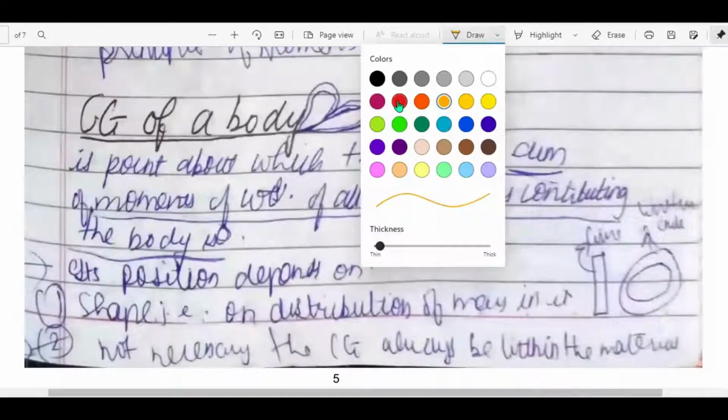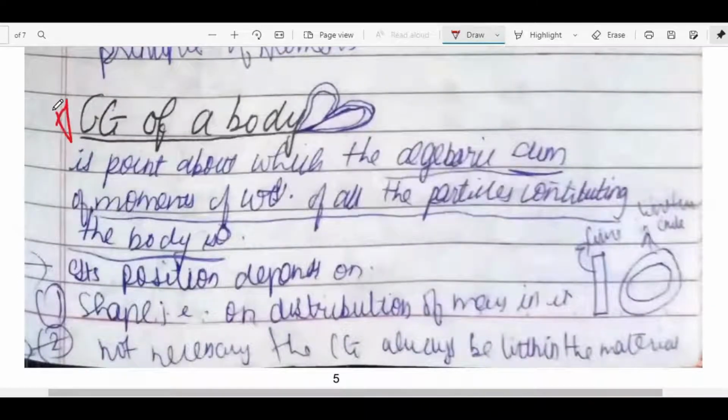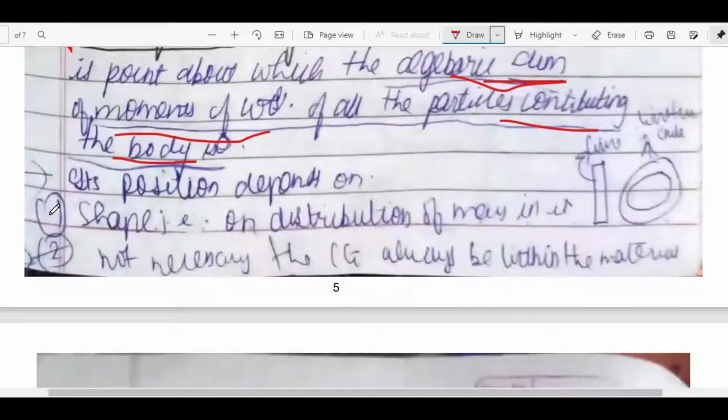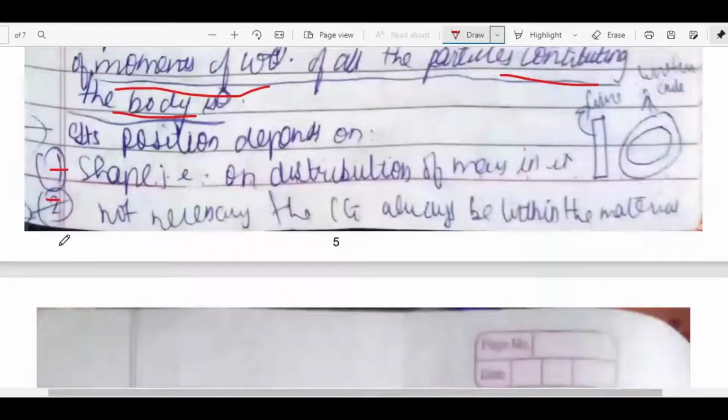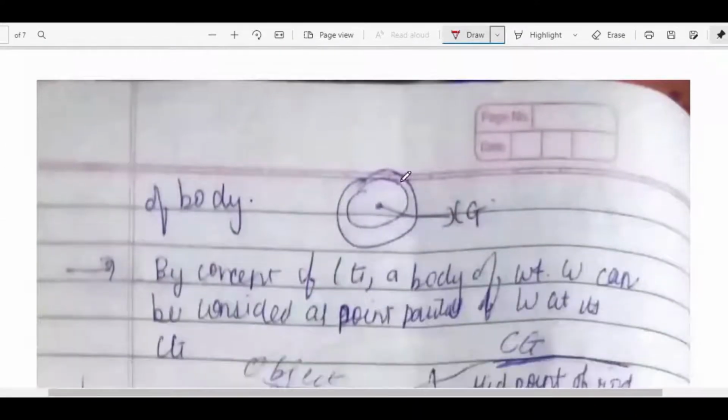Next, another important definition: the center of gravity of a body. What is it? It is a point about which the algebraic sum of moments of weights of all the particles constituting the body is 0. Its position depends on the shape, that is, on the distribution of mass in it. And second, it is not necessary that the center of gravity always be within the material. For example, if you consider this circular ring,